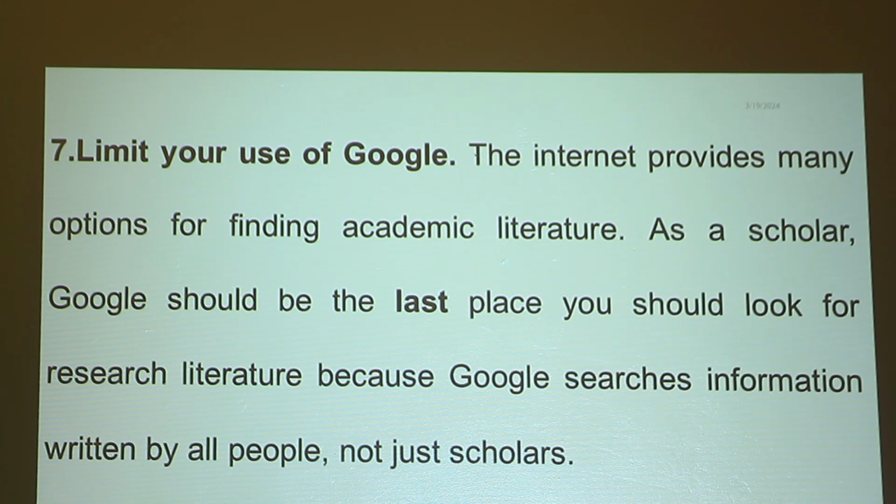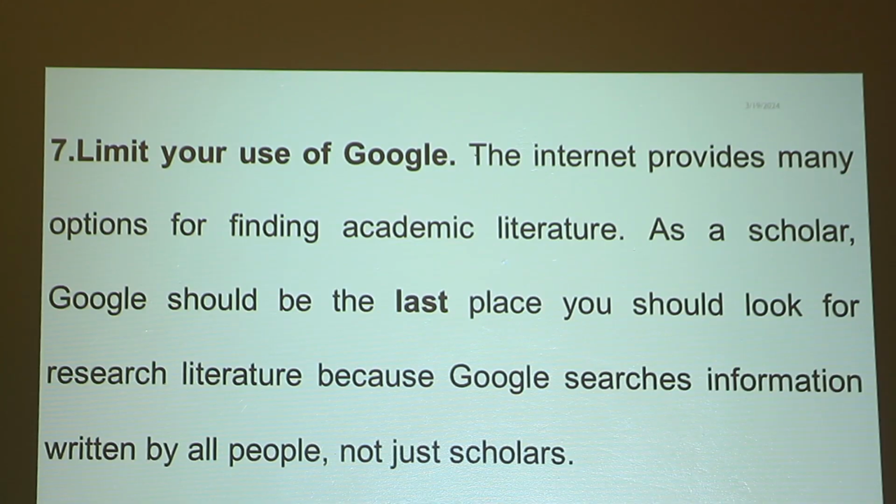As a scholar, Google should be the last place you should look for research literature, because Google search information is written by all people, not just scholars. All kinds of junk will be posted on the general Google. And once you see that it is on the internet, you might be erroneously persuaded to think that that information is authentic. No. So that's why here we say that you go to the authentic academic sources and